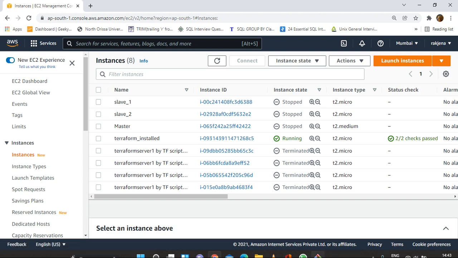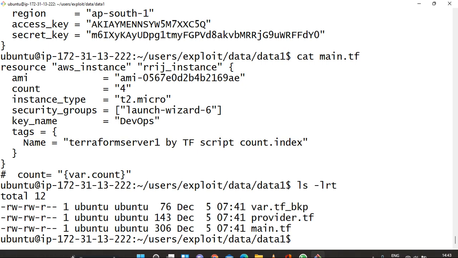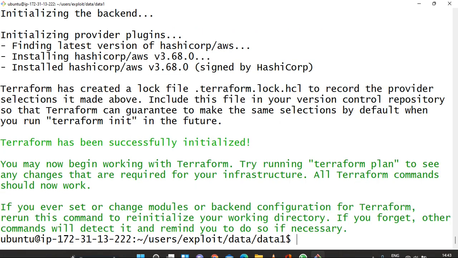Okay, so let's start. This is a new folder, so the first command will be terraform init. You can see it is initializing.